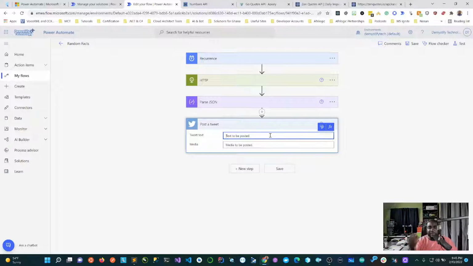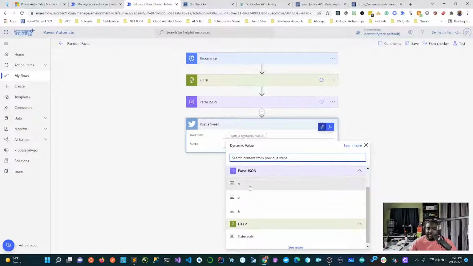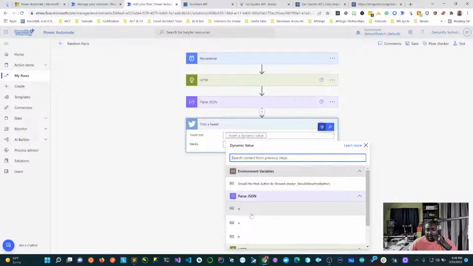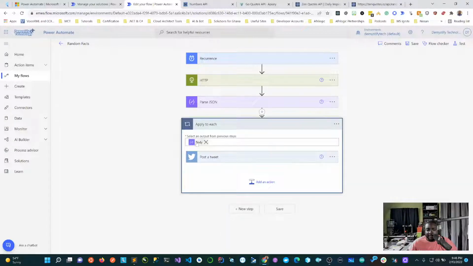The tweet text that I want to tweet is actually the result from the parse JSON, the quote. Now see this.